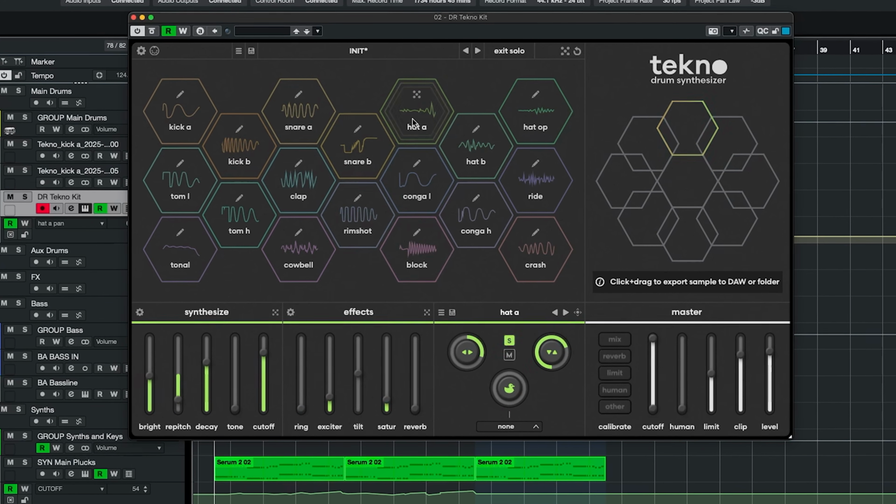And up until this point, drum synthesis has been pretty convoluted and overwhelming and daunting to get into, but there's a brand new plugin on the market called Tekno by Baby Audio that really simplifies this process. What we're going to do is use that plugin today, and I'm going to explain my entire mindset behind creating sounds for specific songs and for sample packs. I'm going to show you exactly how to dial in a kick drum, a snare drum, a hi-hat, toms, percussion. And by the end of this video, you should see exactly how and why I create drum samples from scratch. And it's easier than ever before with Tekno, which actually brings me to the sponsor of today's video,